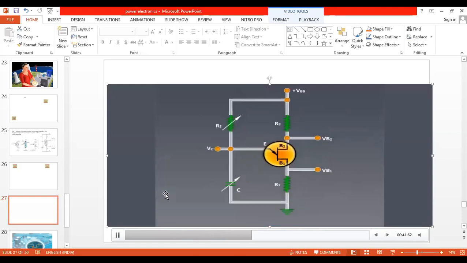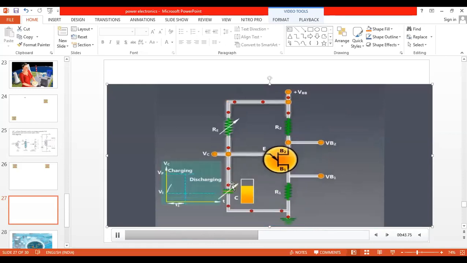So what is the waveform we are getting? Voltage is taken across the capacitor. You can see now the capacitor charging and it is discharging. So this process is continuous, charging and discharging. As a student, we should be explaining when the supply is on, current flows from V plus VBB to RE to capacitor, capacitor to the ground. When capacitor starts discharging, the UJT is turned on. So this is a simple explanation we can provide for this UJT.